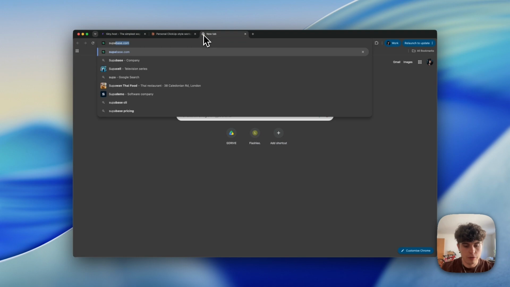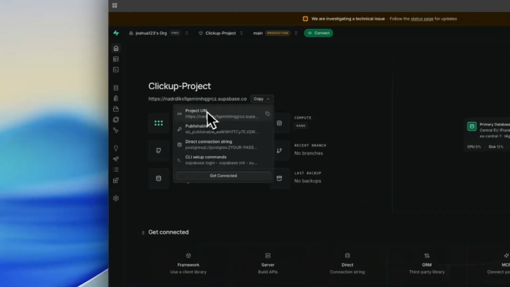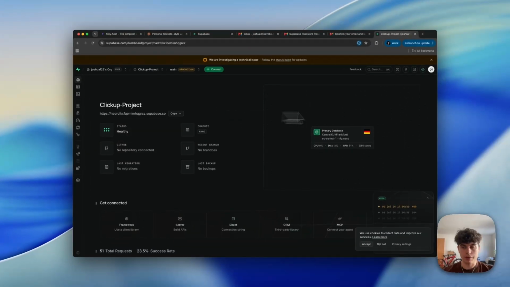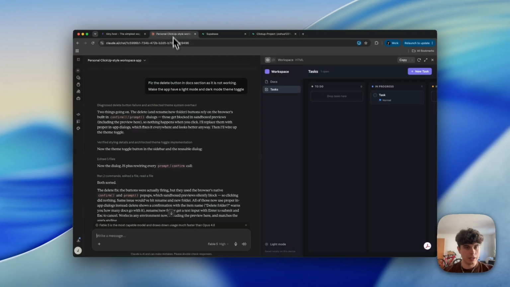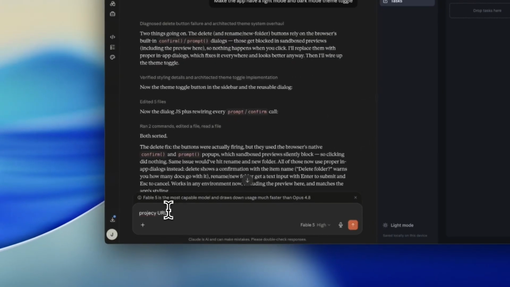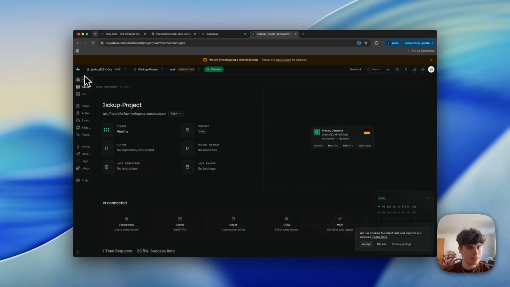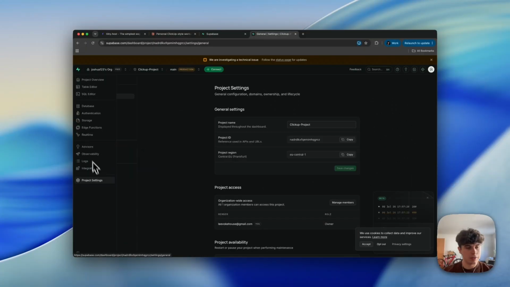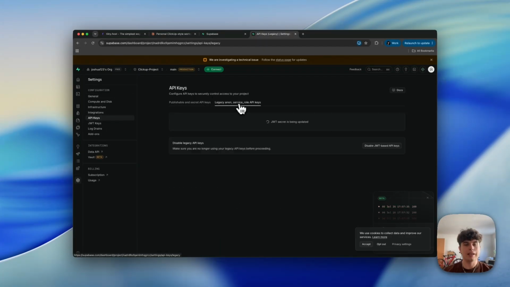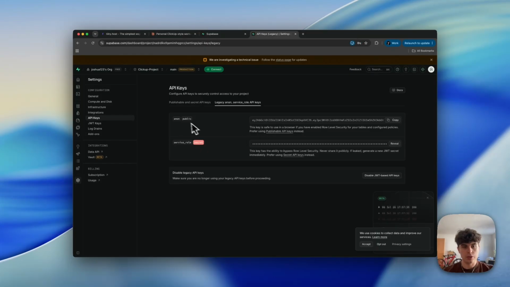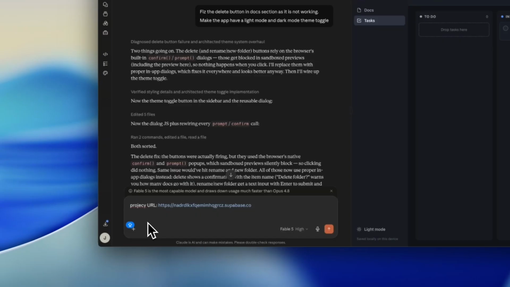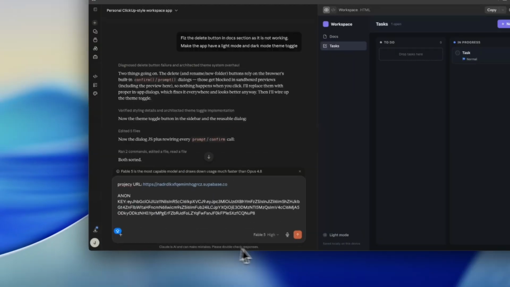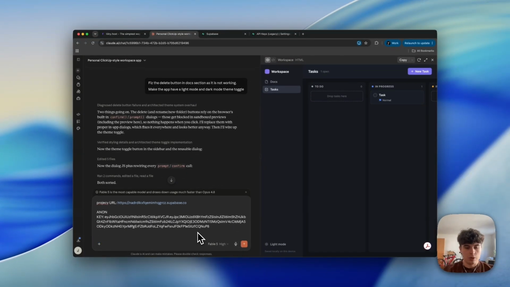I am going to head over to Supabase. We are just going to copy the project URL just underneath. And we're going to go back to ClickUp, and then back to Supabase and scroll down to project settings. We are then going to click on API keys and then click legacy anon. Then it will show the top anon public key, and we will just copy that. And again, in Claude, we will just put anon key. Then I'm going to say to Claude,